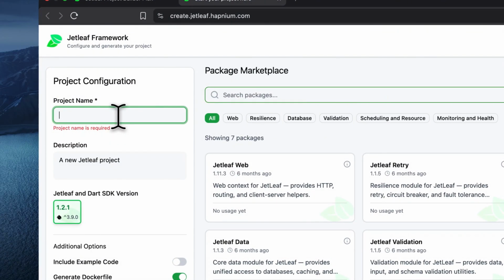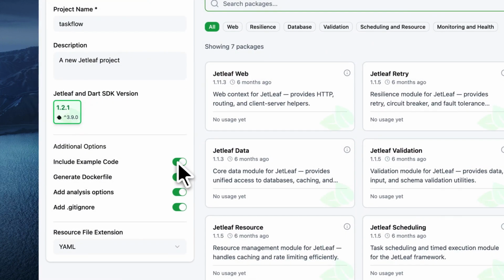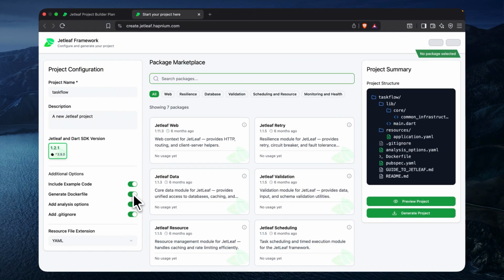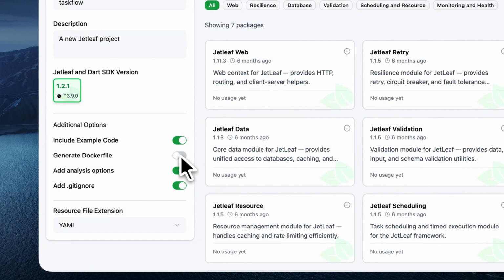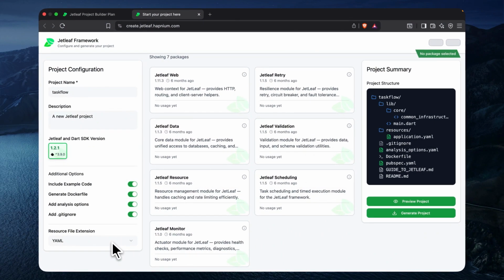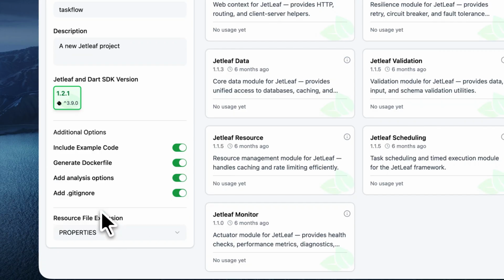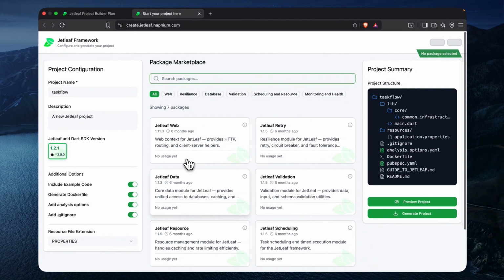and you just create, like I said, a task flow application. As at the point of making this video, the only current version is 1.2.1, which uses the 3.9.0 Dart version. We are going to be including sample code so that we can run our first application. We're not going to be deploying, so we're going to be removing Docker, or we can just add it because of this series. Then you can choose any of these options, resource file properties, and here you get to see